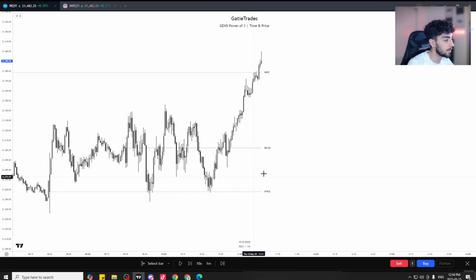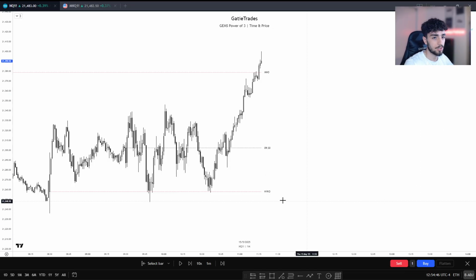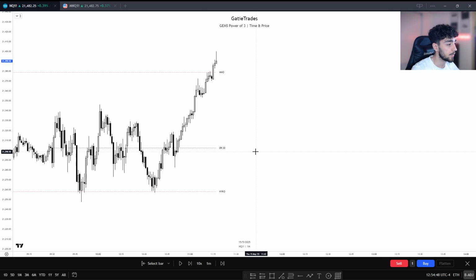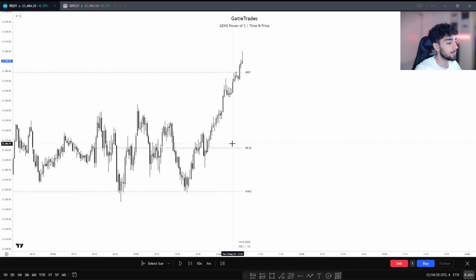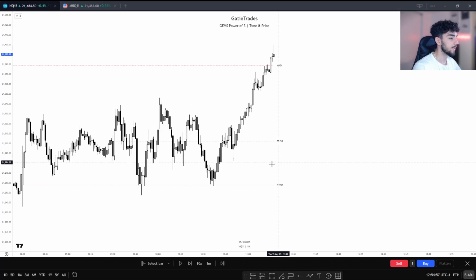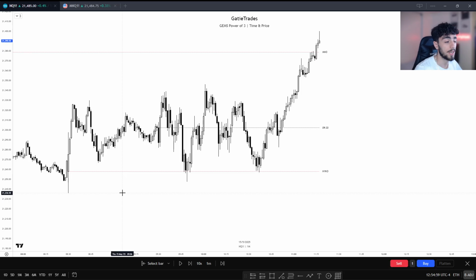So let's go on the chart and I'll give you guys one more example. It's not going to be too long of a video. This is from today's price action. So you see me, I'm not pulling out something from 12 years ago. I use this every day in my trading. You can use it as well. Very simple concept here. So this is from today.